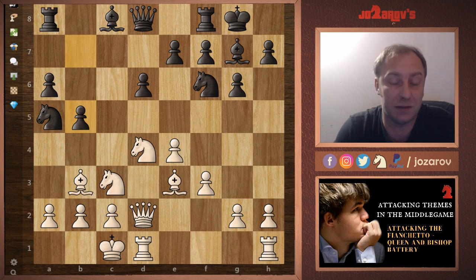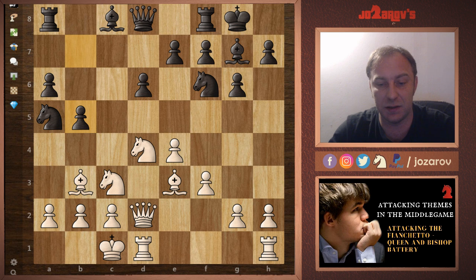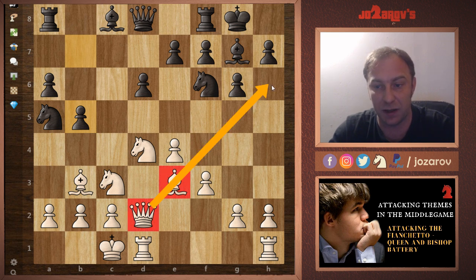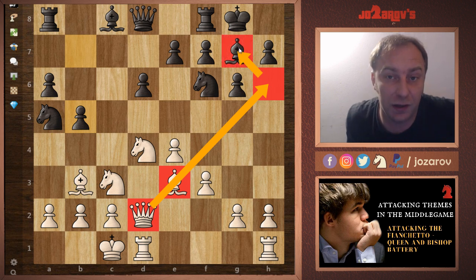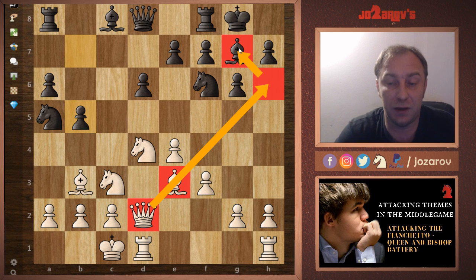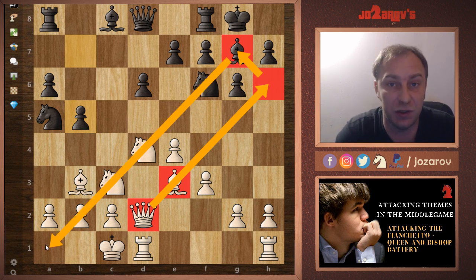We're playing against the fianchetto bishop and our theme will be the queen and bishop battery against this fianchetto bishop. So the queen and bishop battery is this setup that I've already prepared here for you. It's the queen and bishop aiming against this fianchetto bishop. So when your opponent is trying to create this fianchetto to get this really dangerous bishop, one of the main strategic ideas can be this queen and bishop battery in order to trade off the bishops and create weaknesses